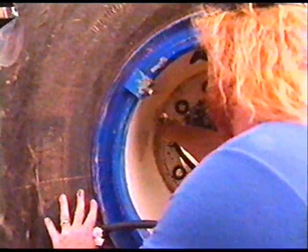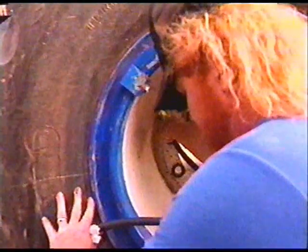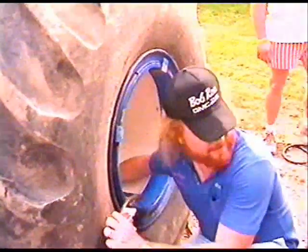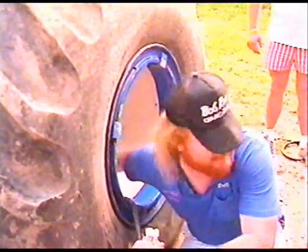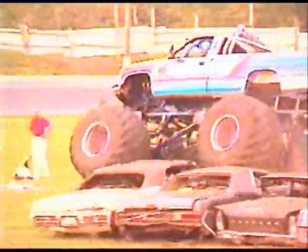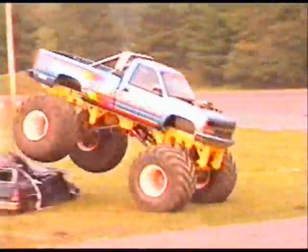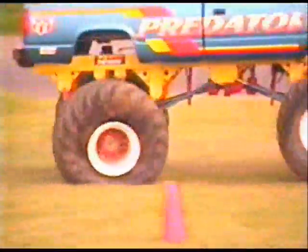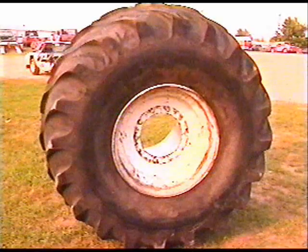The huge tires don't use much air pressure. Most drivers carry about 6 to 8 pounds in each tire. If the event is on concrete, the tire pressure is increased to 10 pounds or more. This creates less tire compression and provides more control. It also keeps the truck from bottoming out on the hard floor when it lands. A good set of tires can last several years, unless, of course, you hit the cars just right or wrong. That's important, since the tires